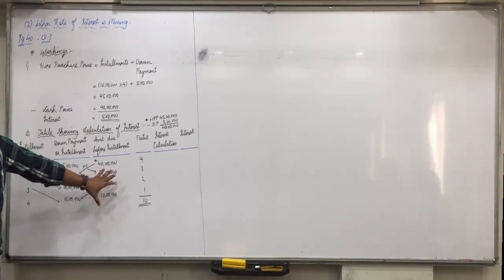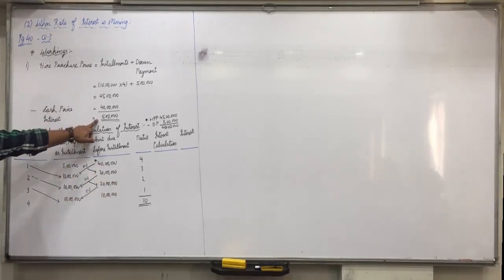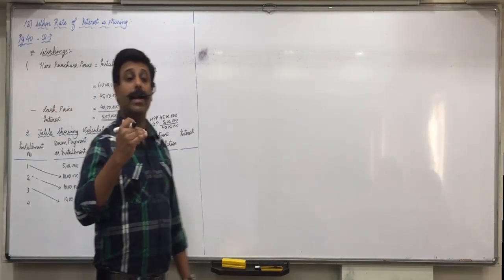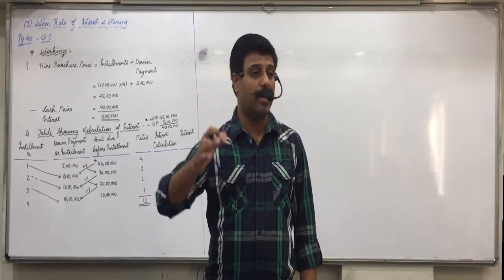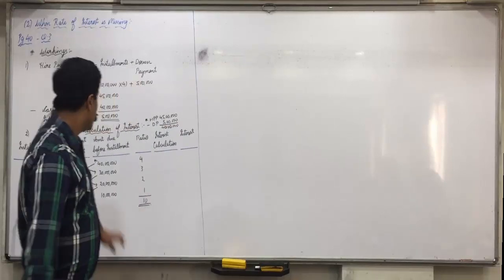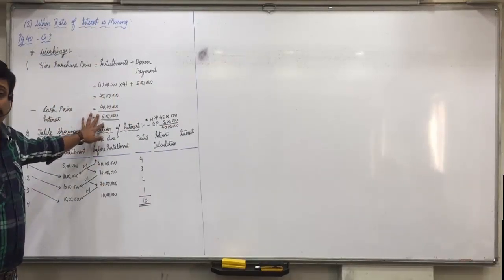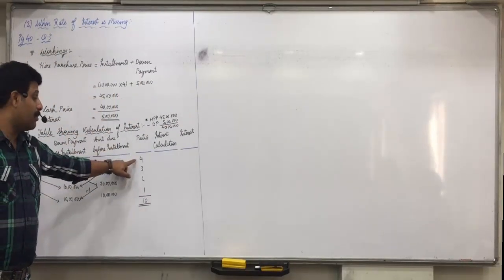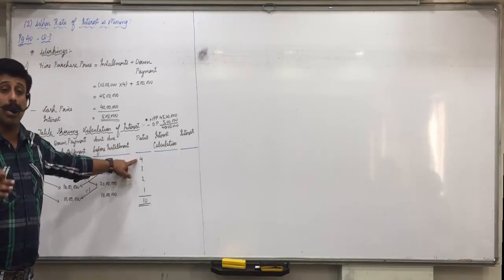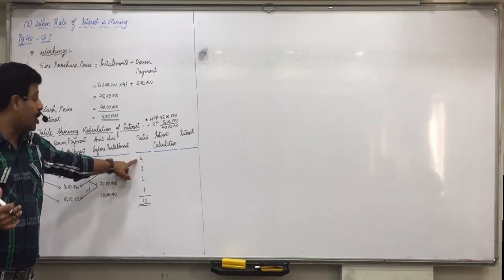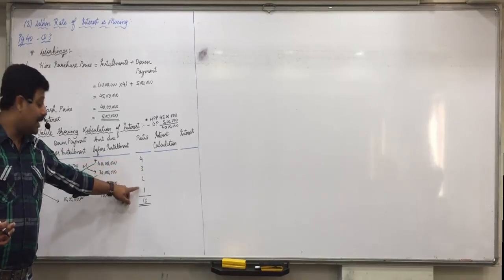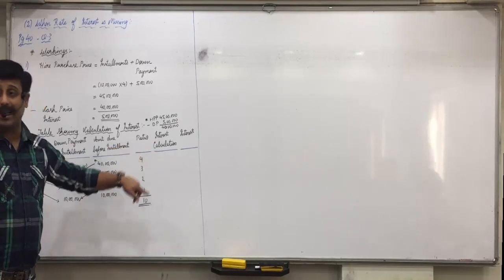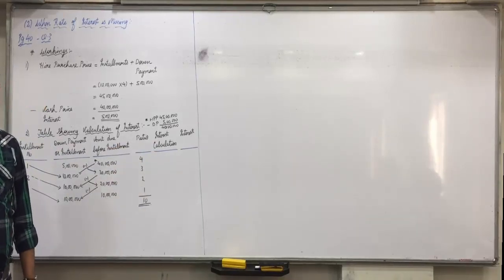Any confusion with this? Now total interest we are going to pay 5 lakhs, as I discussed in the beginning. That in the beginning the interest burden will be more, and as you keep on paying the amount, the interest burden will keep on decreasing. So how will we appropriate this 5 lakhs in 4 installments? In the first installment the interest will be 5 lakhs into 4 by 10, more amount. In the second installment interest will be 5 lakhs into 3 by 10, then 5 lakhs into 2 by 10, then 5 lakhs into 1 by 10. That's what I made you write in interest column, total interest into ratio.